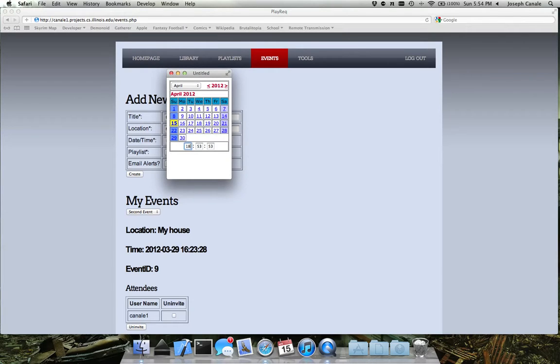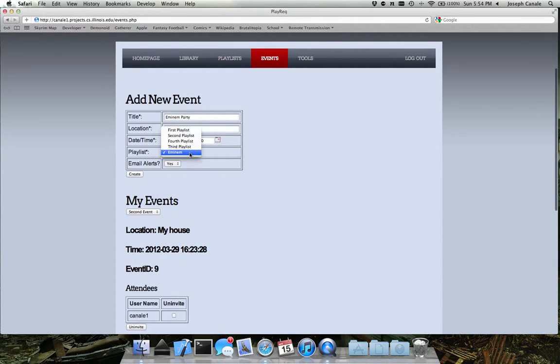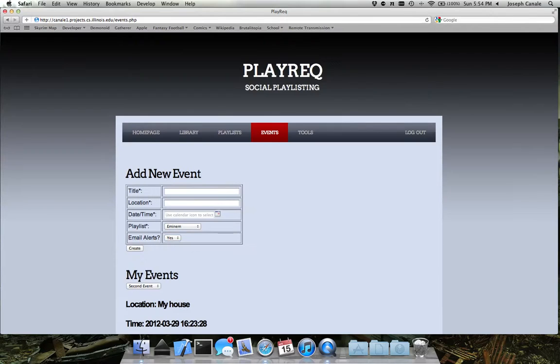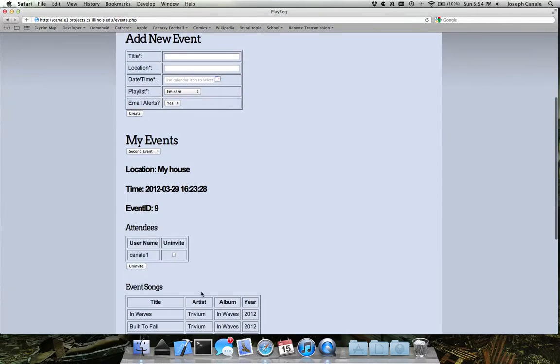So let's make it at 1800 hours even on Friday the 20th. We'll attach the Eminem playlist to that, and I will go ahead and register for email alerts. And what email alerts does is if a user suggests a song for your playlist, it goes ahead and creates an email alert and emails you telling you to check out your new playlist or your new suggestions for your playlist. So I'm going to go ahead and create that,